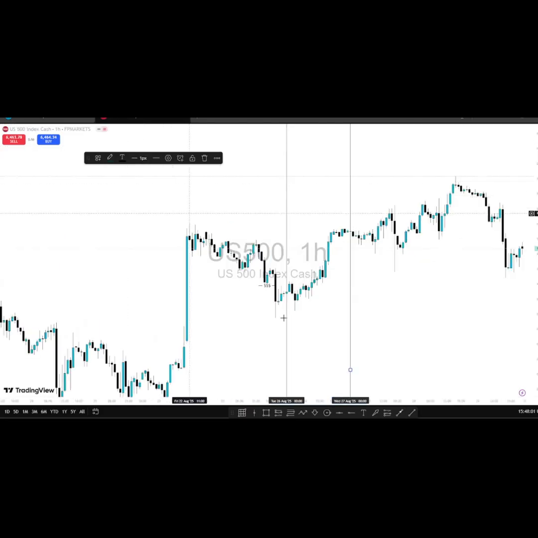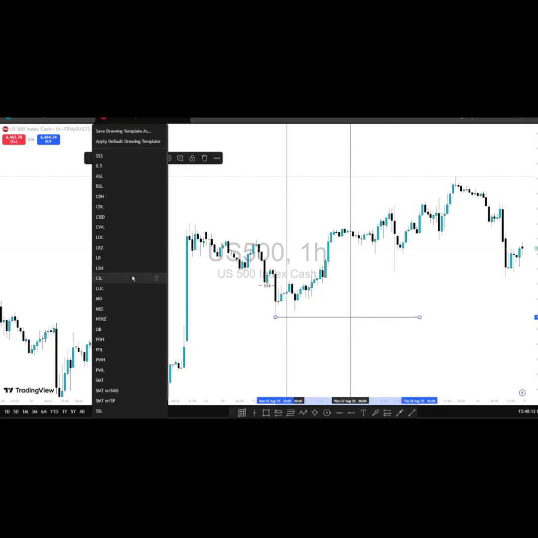Once I had those levels marked, I went down to the lower time frames as I waited for the 9:30 open, because on that day, we'll just check if we had news. I believe we did not have news on that day. This was the previous day low.